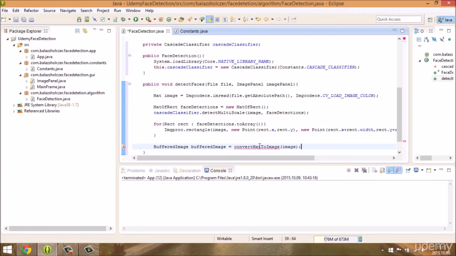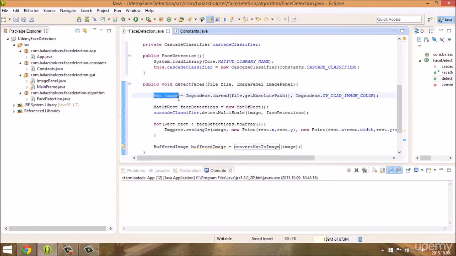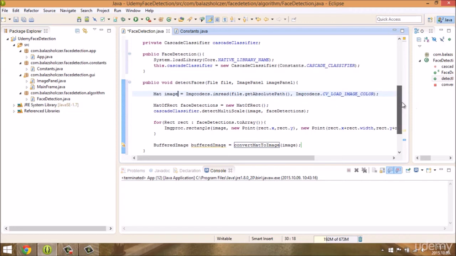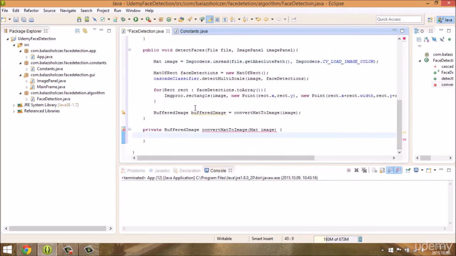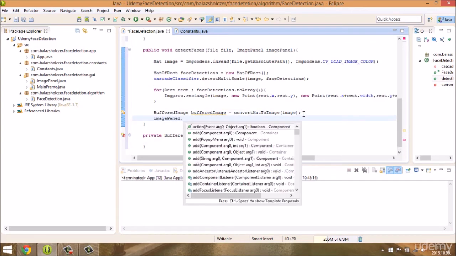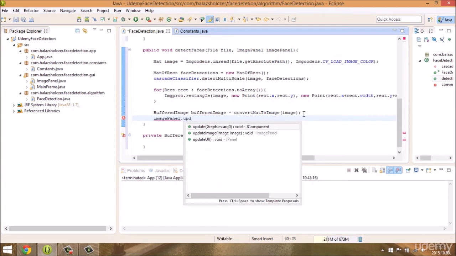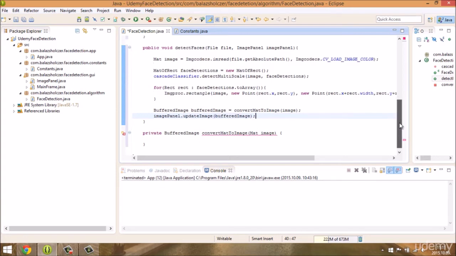We have to convert, and it's going to be our private method, because we have a matrix as an image, and we have to convert it to a buffered image to be able to use it with Java. imagePanel.updateImage on the buffered image. Okay, so here